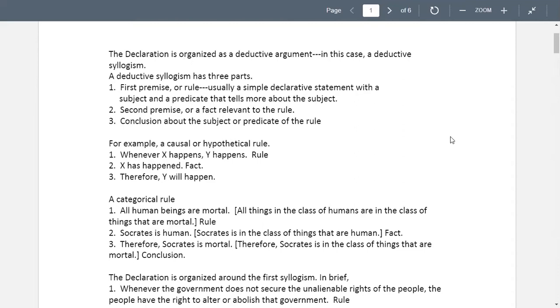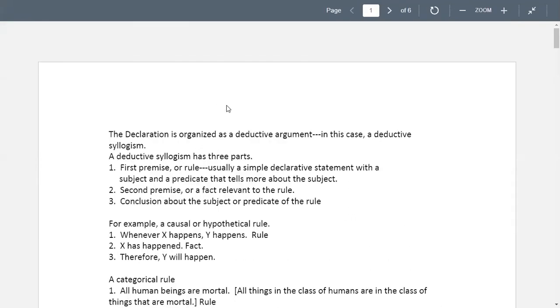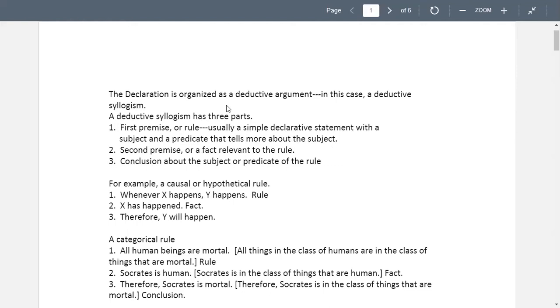Thomas Jefferson and the other crafters of the document used a long syllogism. So they're using the same language that I use here: first premise, second premise, conclusion. So the premise, if you think about, without showing it to you, why we, meaning those Americans, would think that we had the right to break free from that government's rule.